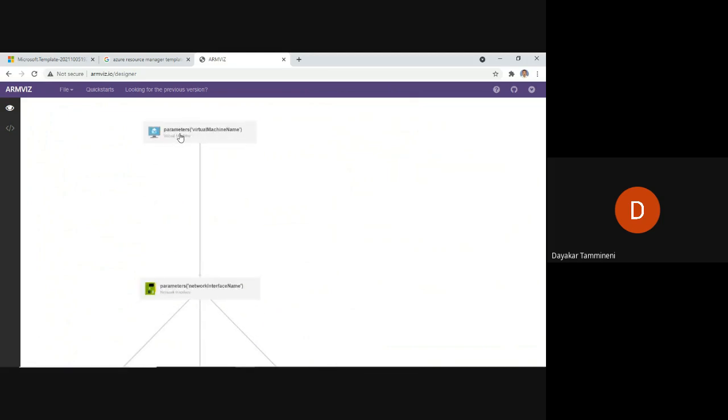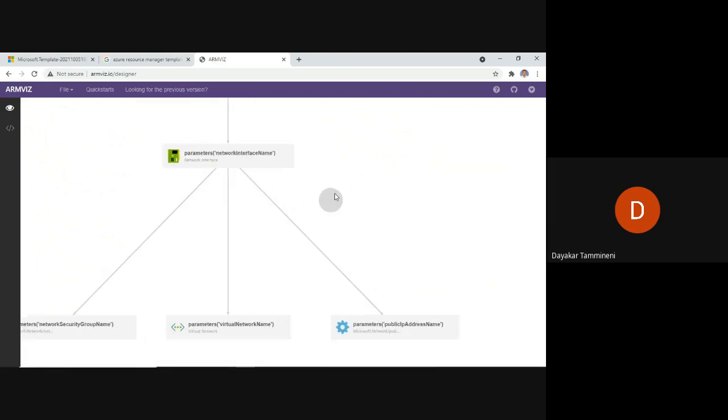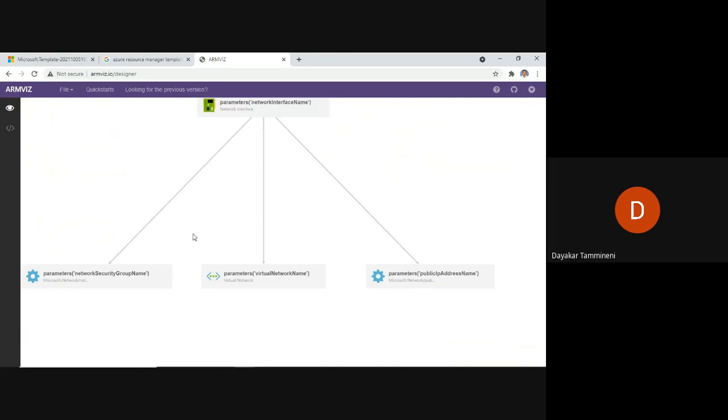What is the first object? Virtual machine name is the first object, which is linked with the network interface name, which is linked with network security group name, virtual network name, and the public IP address name. So this is the structure.